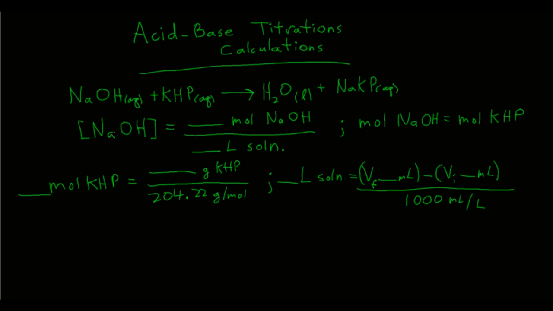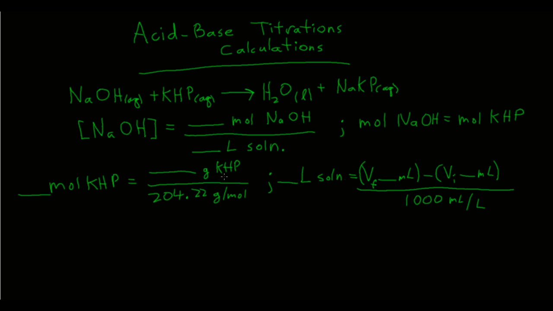The concentration of sodium hydroxide in your stock solution is going to be the moles of sodium hydroxide divided by the liters of solution. And the moles of sodium hydroxide is equal to the moles of KHP in your Erlenmeyer flask, again, because it's a 1:1 mole ratio. So, for example, in Erlenmeyer flask number 1, the moles of KHP would be the number of grams of KHP you weighed out, which is in your data table, divided by the molar mass